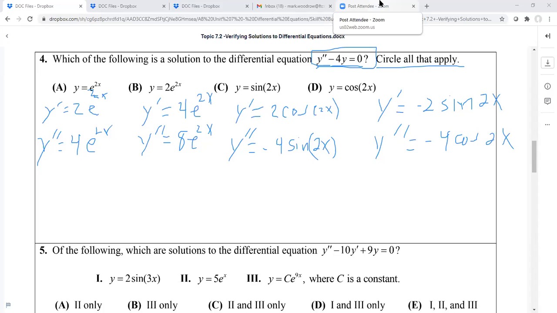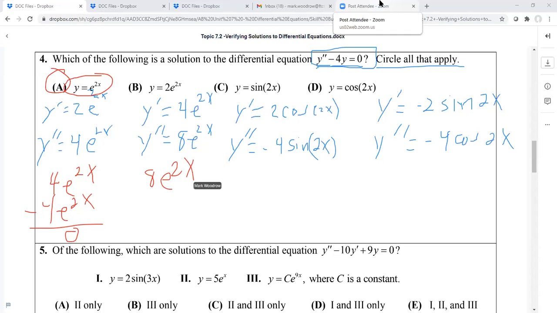So I'm going to change color again here, and I'm going to take the second derivative, which is this 4e^(2x), and then it's minus 4. So I got to take negative 4 times this original thing. So that's going to be minus 4e^(2x). And I hope you can see those are like terms, and they give me 0. So A works. This next problem, I got my second derivative is 8e^(2x), and then I got to take negative 4 times this. Negative 4 times 2 is negative 8e^(2x), and again, those cancel each other out, so B works